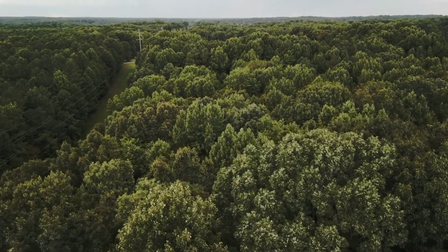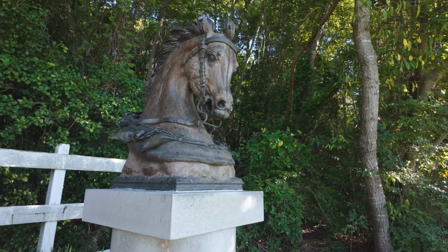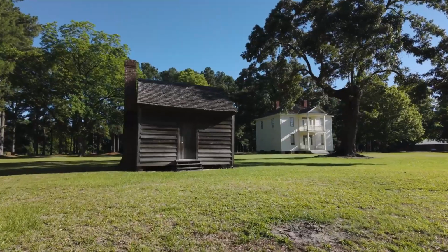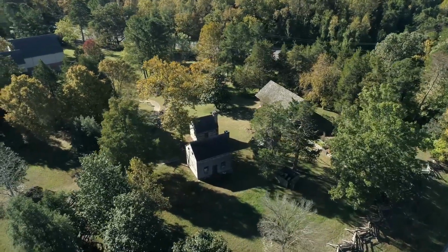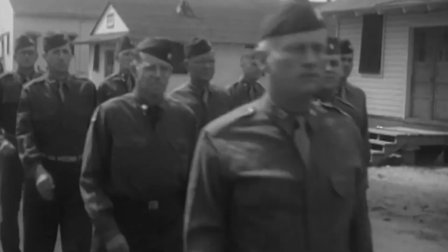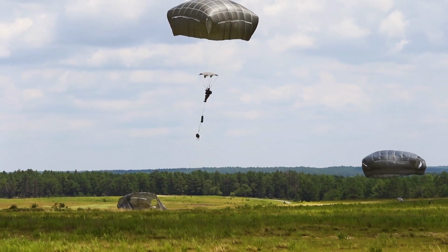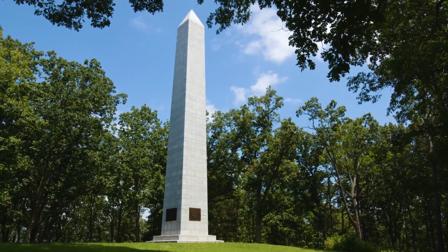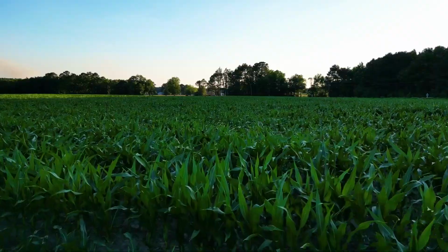From Alamance, Moores Creek Bridge, and Guilford Courthouse, to Fort Macon, New Bern, Fort Anderson, Bentonville, Bennett Place, and elsewhere, scores of conflicts were fought on this land to define a nation. That legacy continues as generations of fighters have trained here, from paratroopers who fought in France to today's U.S. Army Special Forces. The members of the American Battlefield Trust are proud to have preserved more than 2,500 acres of